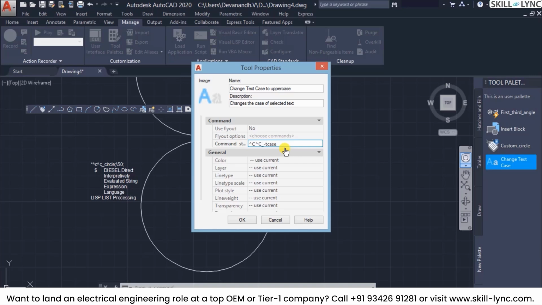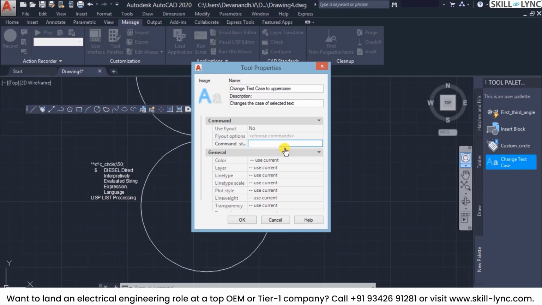This hyphen, as we saw earlier, will suppress the dialog box, because once we click it, we got a dialog box prompting for what case we want, but we're not going to use that, rather we'll be driving within the command itself. And next, we have to enter a semicolon,